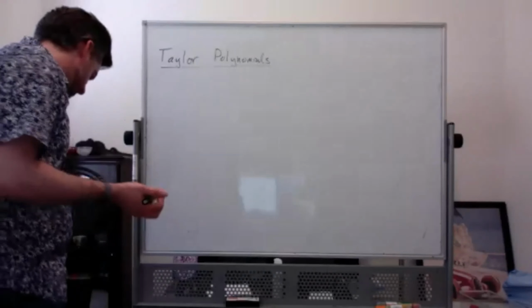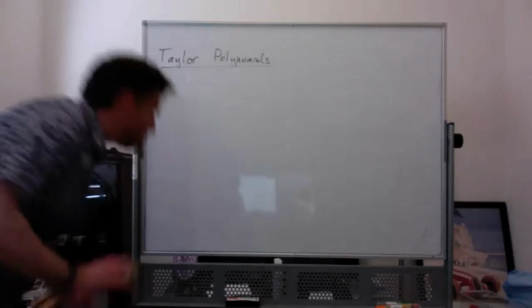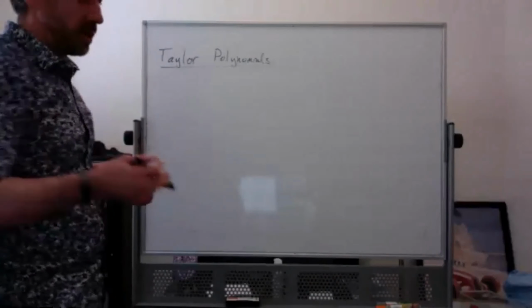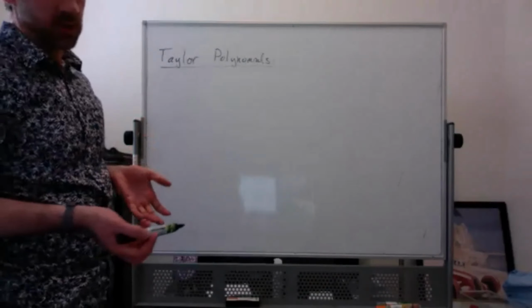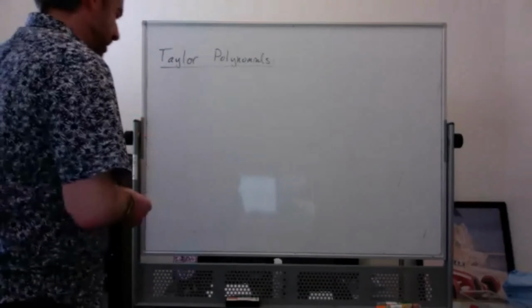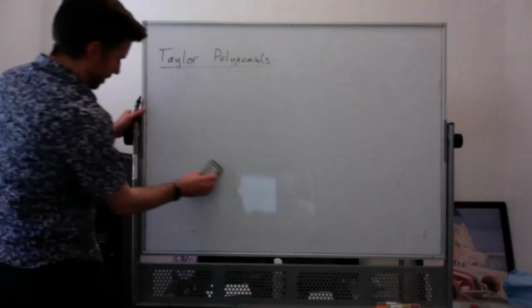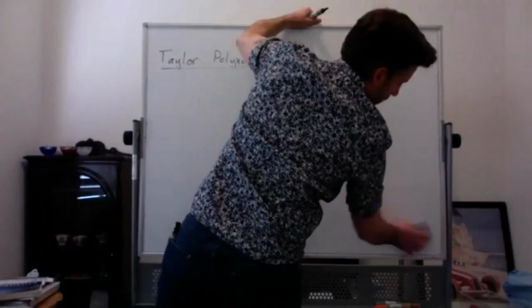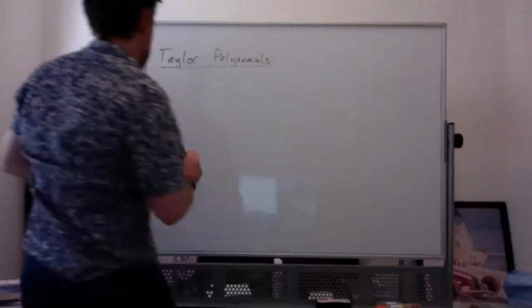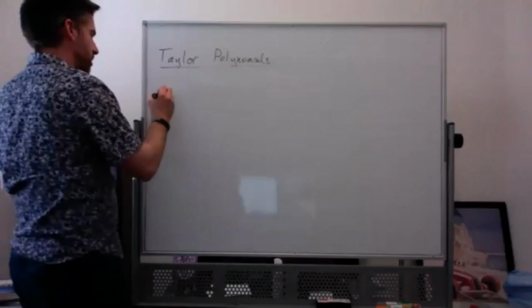So, Taylor polynomials, right? You're trying to approximate a function using a polynomial, and depending on how good an approximation you want, you can add more and more terms. So, something we could do is say something like, find the